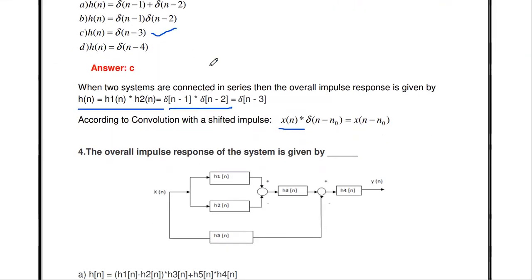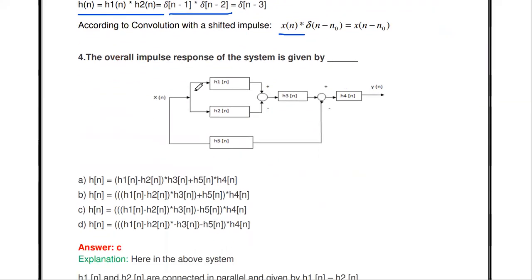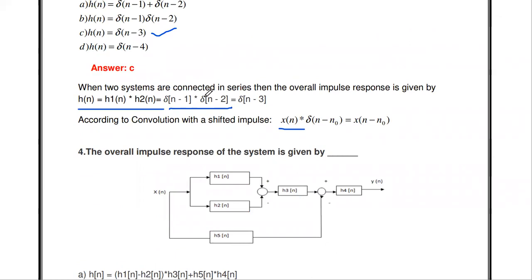In a similar way, you just solve. This is a very important problem in this fifth unit. Similar to this problem, we already discussed it in the third unit also: if two continuous time systems are connected in cascade or parallel, the calculation of the overall impulse response is also a very important question in the third unit. So similar to that, these types of questions are there in the fifth unit also.